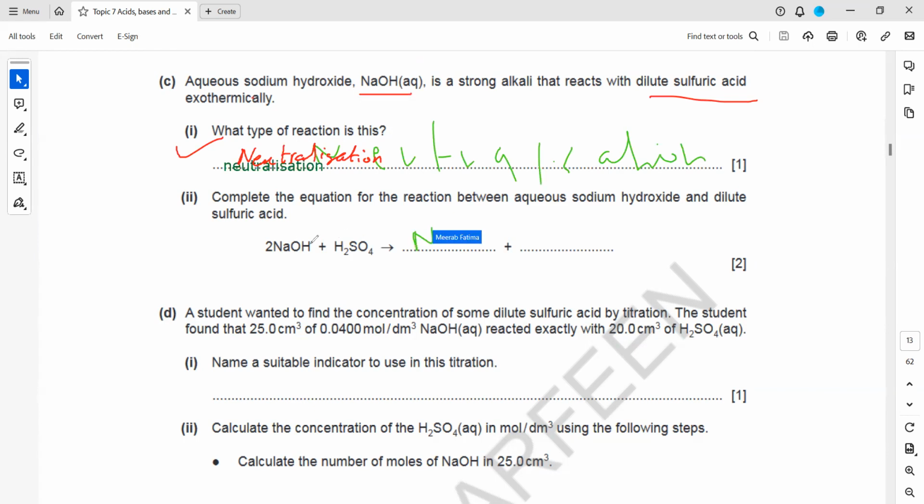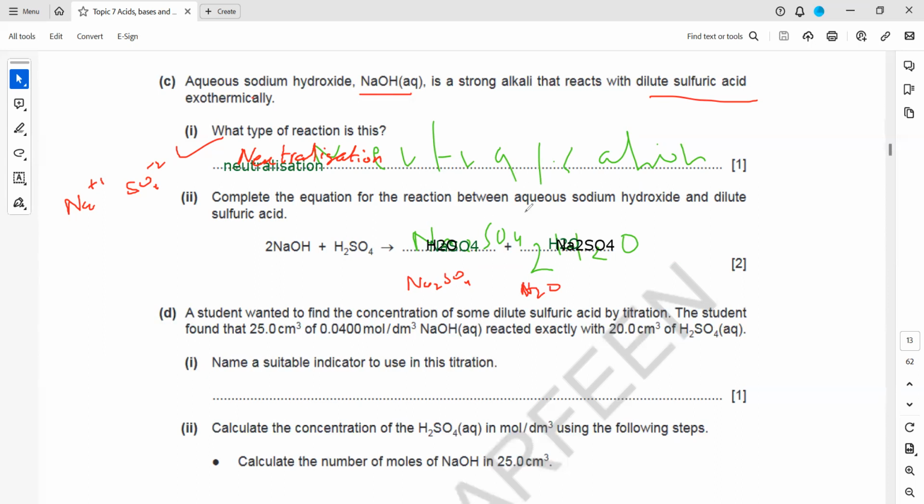so when a metal reacts with acid, it will form a sodium sulfate. The formula for sodium sulfate: sodium is +1 and sulfate is -2. So sodium sulfate will be Na2SO4, and plus H2O will be there. So salt